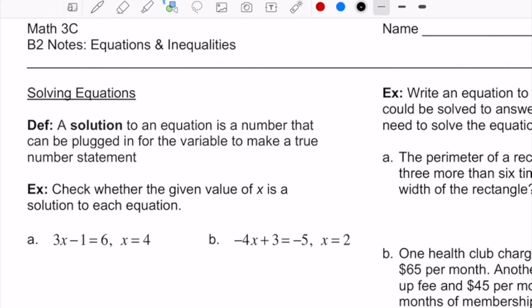Hi everyone. Okay, so today in the B2 notes, we're going to be looking at solving equations and solving inequalities. In the first example, it says to check whether the given value of x is a solution to each equation. So we're going to take the value for x that we're given and we're going to plug it in for